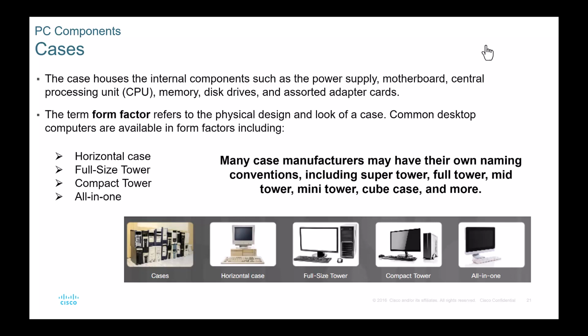So you might be building a computer for a home entertainment type of thing, where you want a media center for your living room. Well, the vertical tower doesn't really look as nice in your living room, so you might get a nice looking home theater case that's more of a horizontal build, if you will. Or you might not want anything showing, and you might look at maybe an all-in-one. We have an iMac at our house. We love our iMacs. And it's just easy because there's not a bunch of cables and stuff like that.